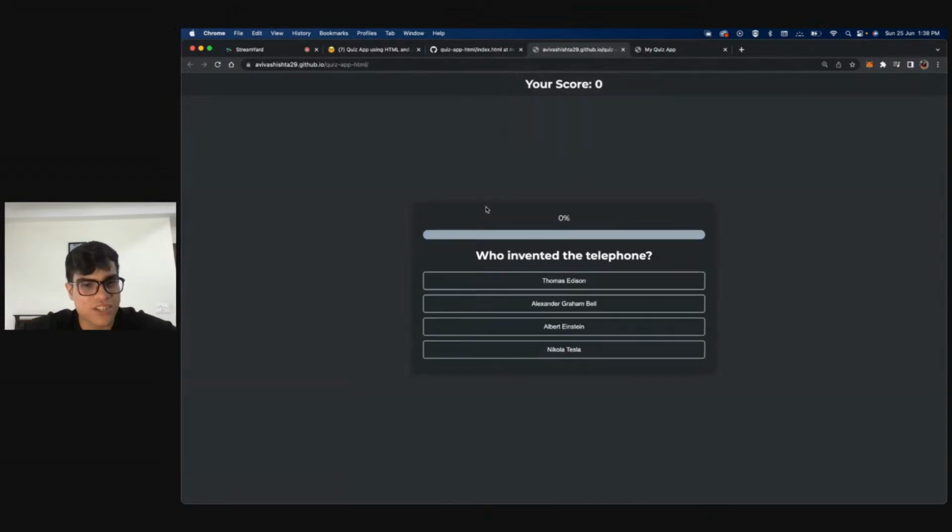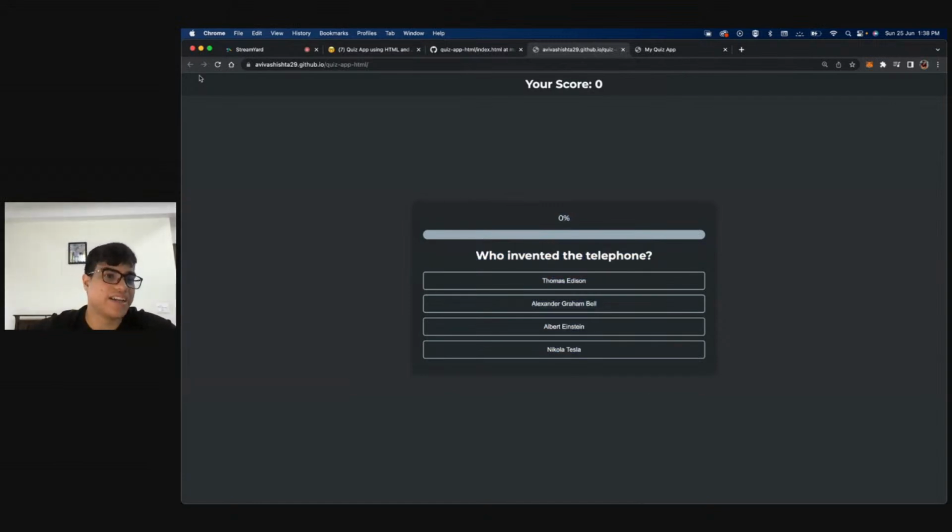So this is the quiz div. That is it. So our entire HTML quiz app just has 4 elements. First one being the header, obviously. If you want to show the header on the top of the screen, that is where it's there. Then we have the quiz app.